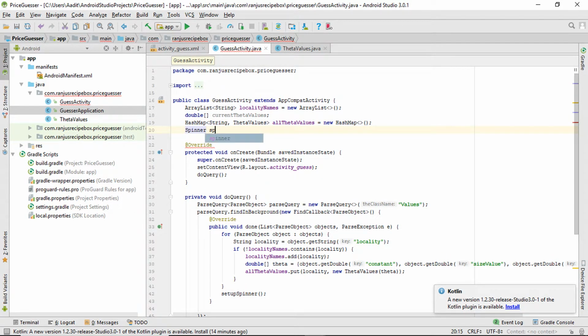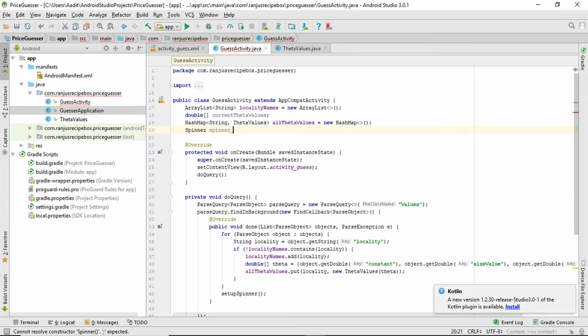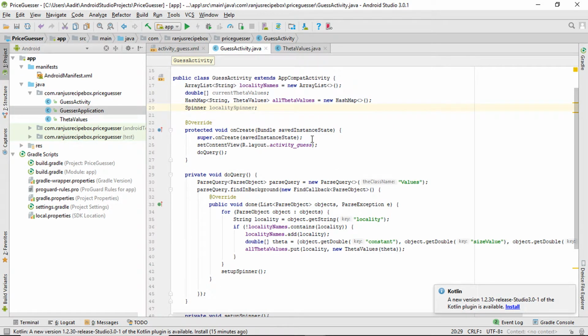Spinner is equal to new Spinner. And let's say new Spinner. What? No, Spinner. Eye of the tiger. Haha. localitySpinner. Okay, and now here in onCreate,